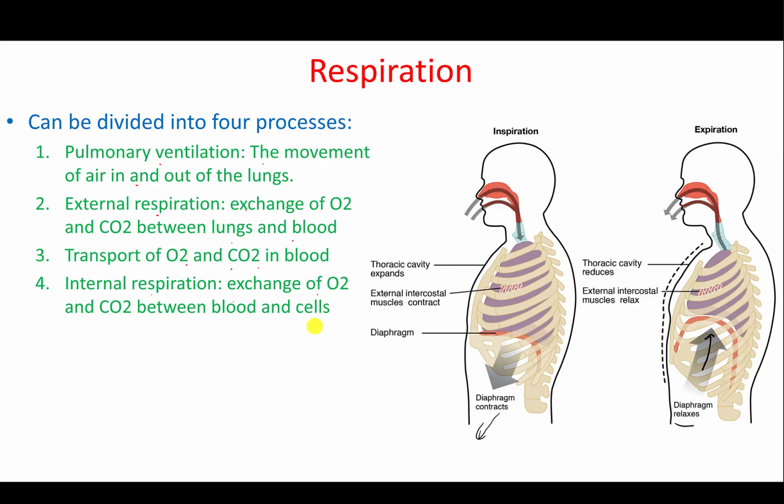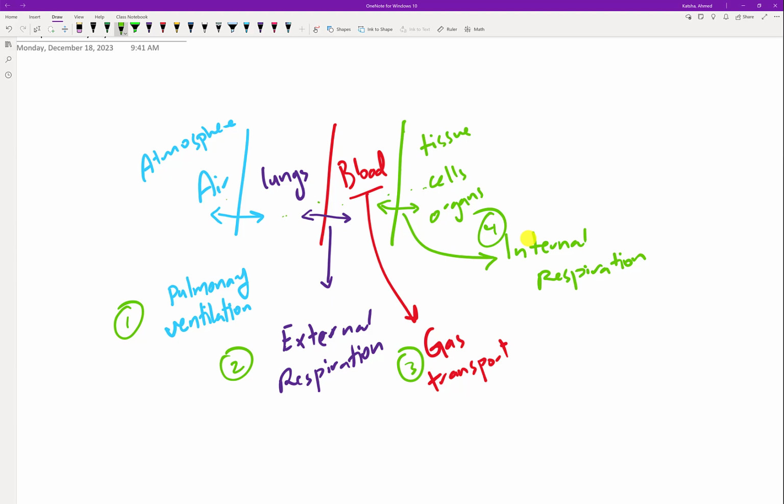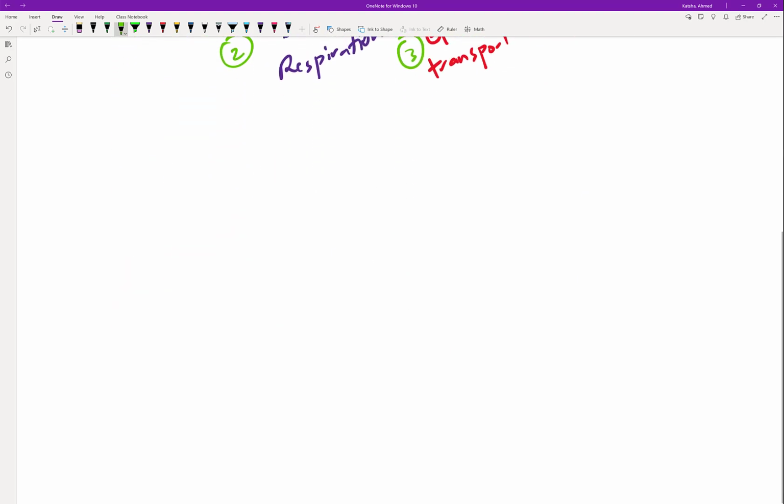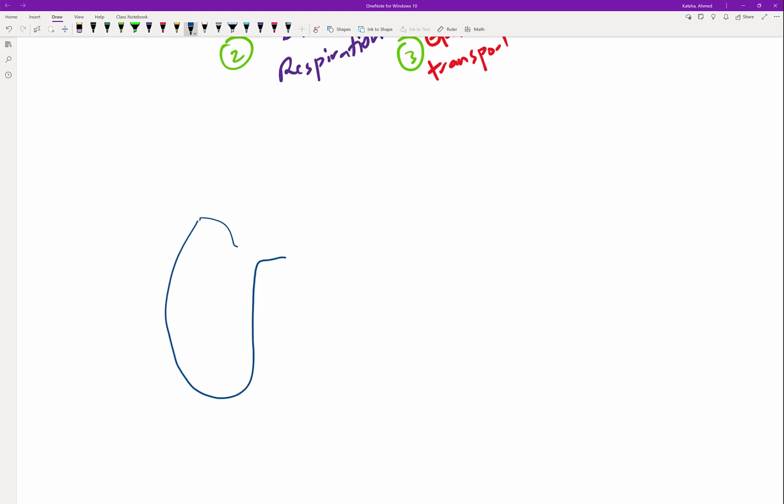So let's go back to here. As we said, the pulmonary ventilation is the movement of air between the lung and the atmosphere. And to understand how this air is moving, we need to establish a few things, mainly in physics. Okay, so think of it like this. If you have two chambers connected to each other, filled with gas, the gas pressure